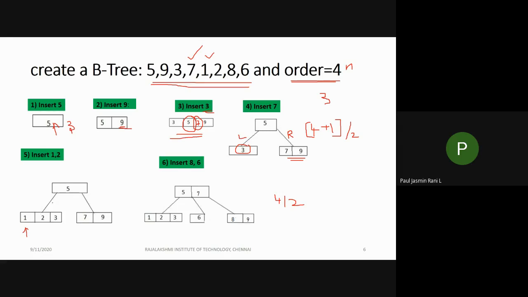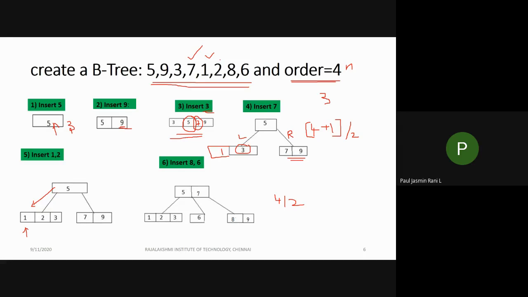When you see this, 1 is less than your root node 5. Therefore, you have to traverse along your left subtree. Before this, I think I missed it, you have a 3 over here. So this 1 is less than your 3. So I am going to insert it at the left side of your 3 like this. After inserting, I will get the answer as 1 and 3.